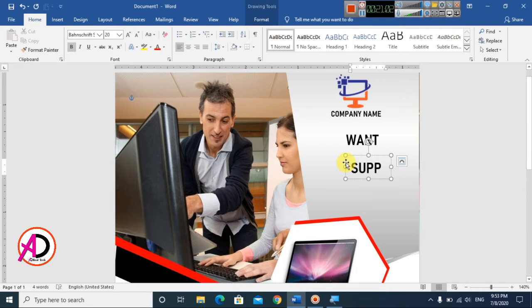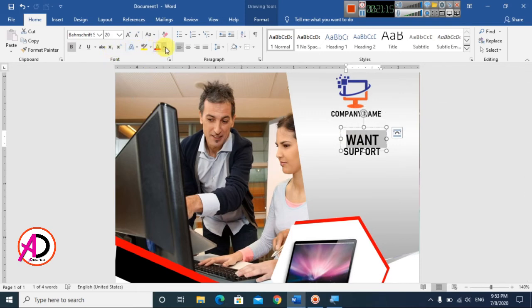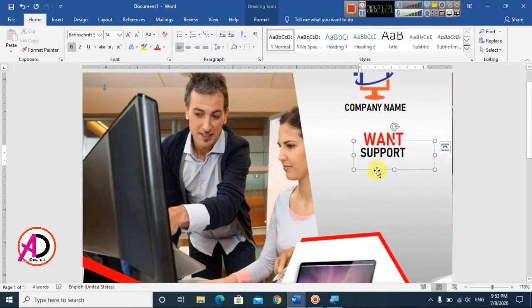support, support, you can see here just like this, and select it, decrease the height whatever you want here, maybe I use this height, and click on this shape and choose the color, simply I choose this red color, and this is black, it's better now here, and increase the height like this, and press